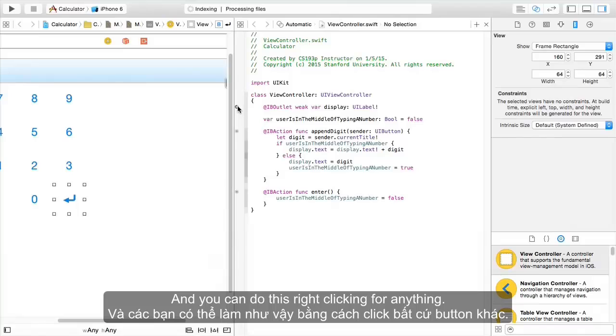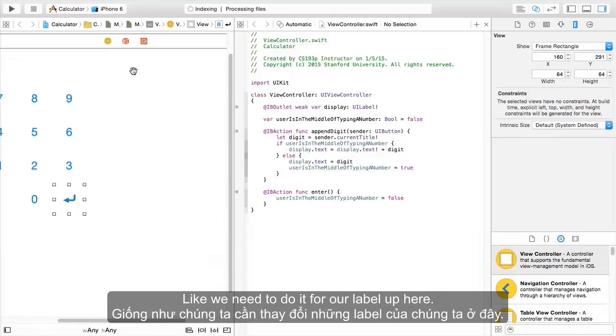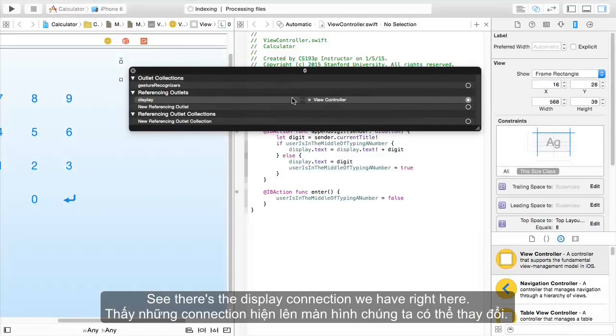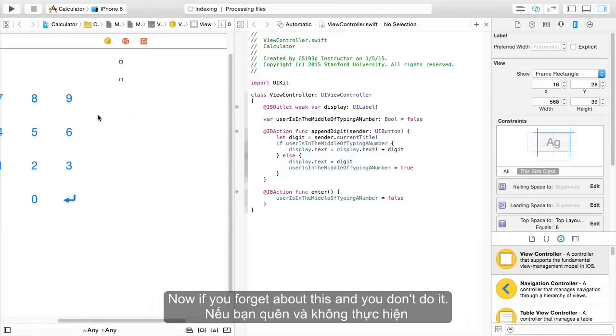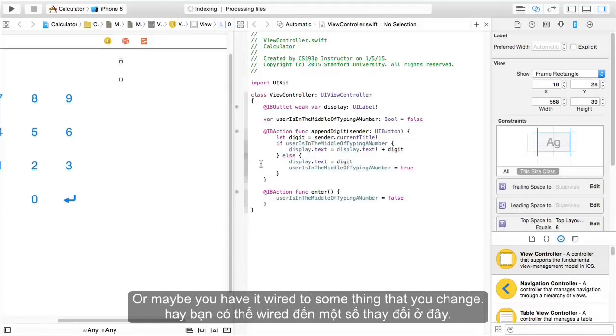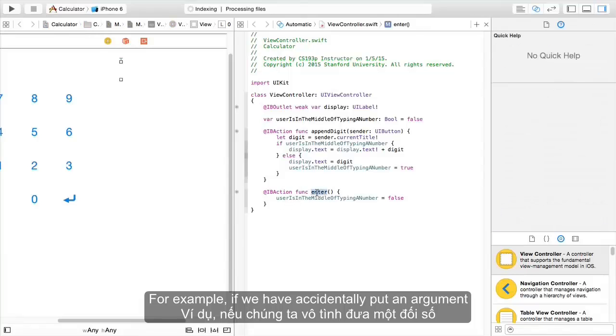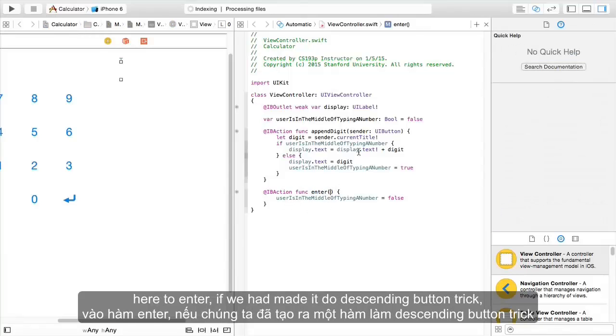And you can do this right-clicking for anything. We can even do it for our label up here. We can see there's the display connection that we have right here. So yeah, don't forget to right-click to disconnect things. Now, if you forget about this and you don't do it, or maybe you have it wired up to something that you changed, for example, if we had accidentally put an argument here to enter, if we had made it do the sending button